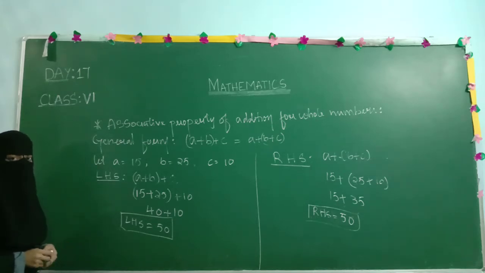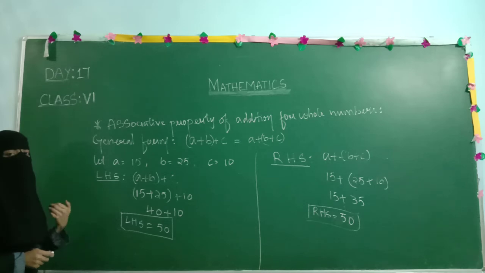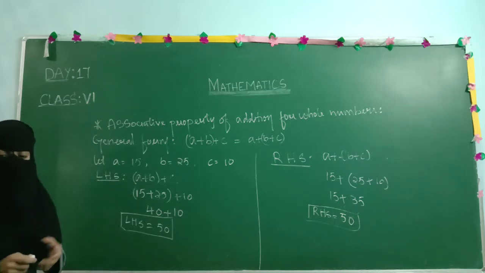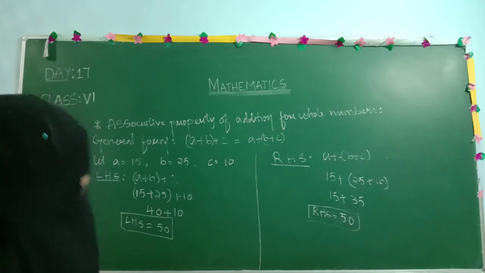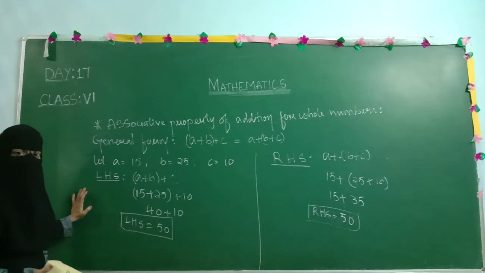Now the next operation we are going to check is whether they are associative under multiplication. Here I have taken three different whole numbers. You can take your own whole numbers, any whole numbers, and by substituting you can verify whether the result is equal or not. If they are not equal, you need to ask me in the comment box. Whatever queries you have, you can write and ask me so that I can clarify your doubts. Hopefully this is clear to you.